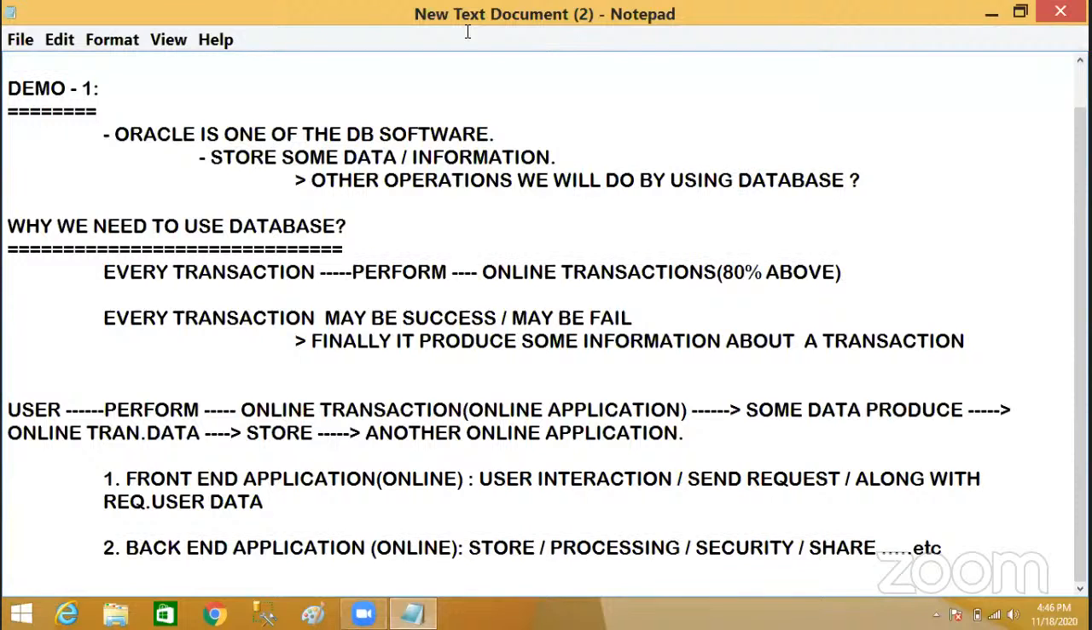Yes, definitely we require it. Some database software is very much required. Understand now? So this is the need of database. You can observe that, suppose your transaction is an online transaction,